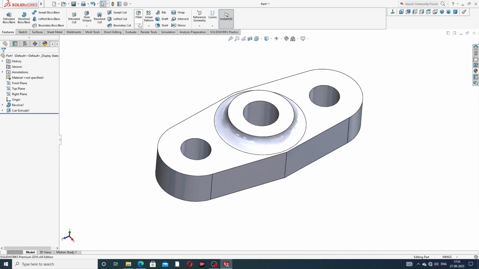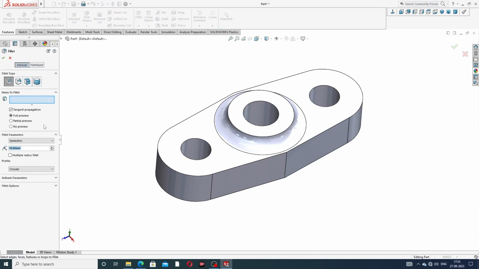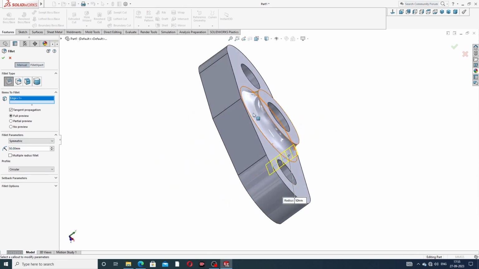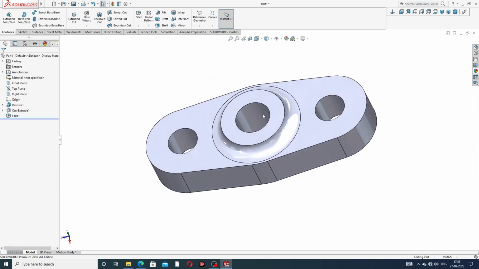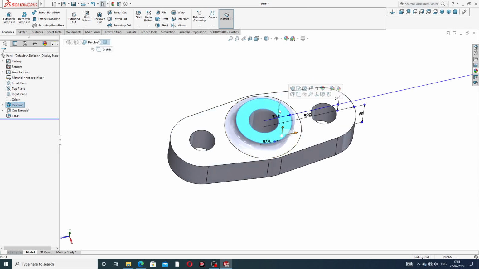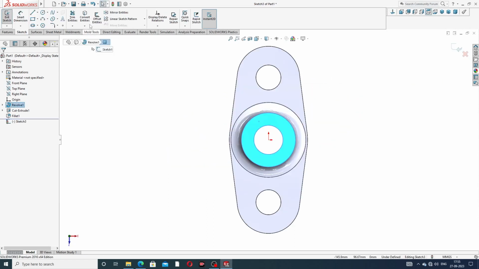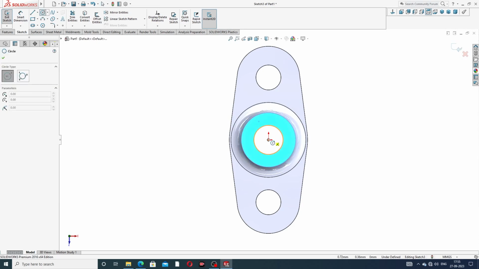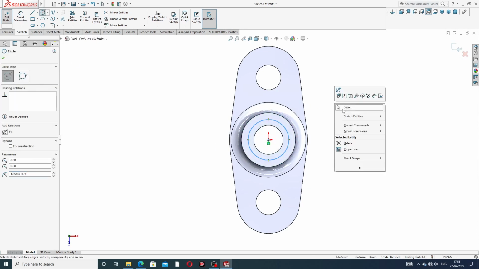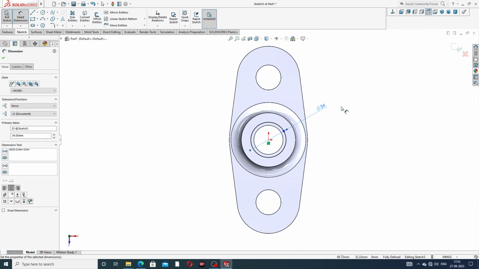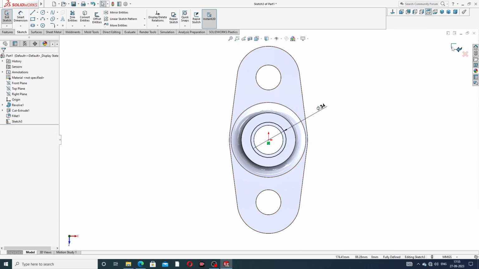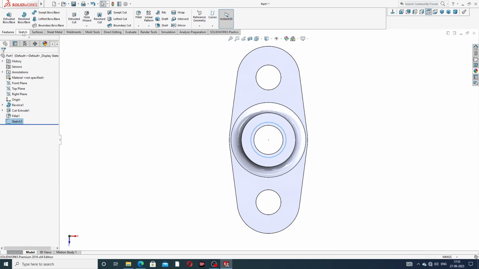Okay, and again select a fillet, use here a 50 millimeter, and both edges are selected here. Okay, and click OK. Okay, this is perfect and correct. And again select this face, sketch normal, and draw a circle like this, and this diameter is 34 millimeter. Okay, and this exits because apply a